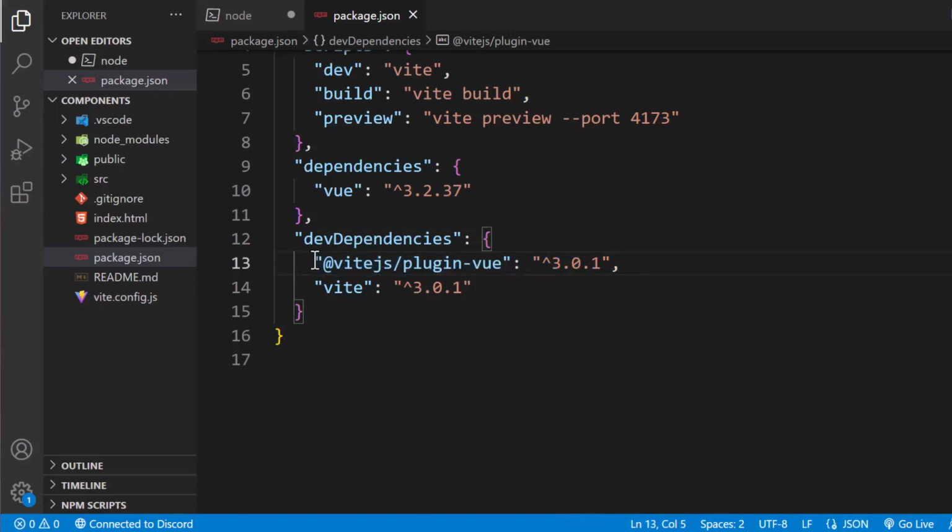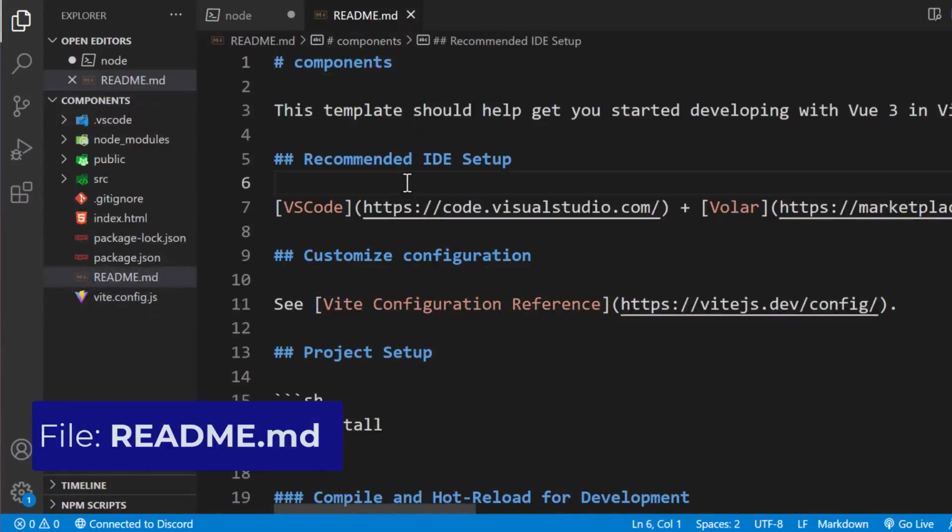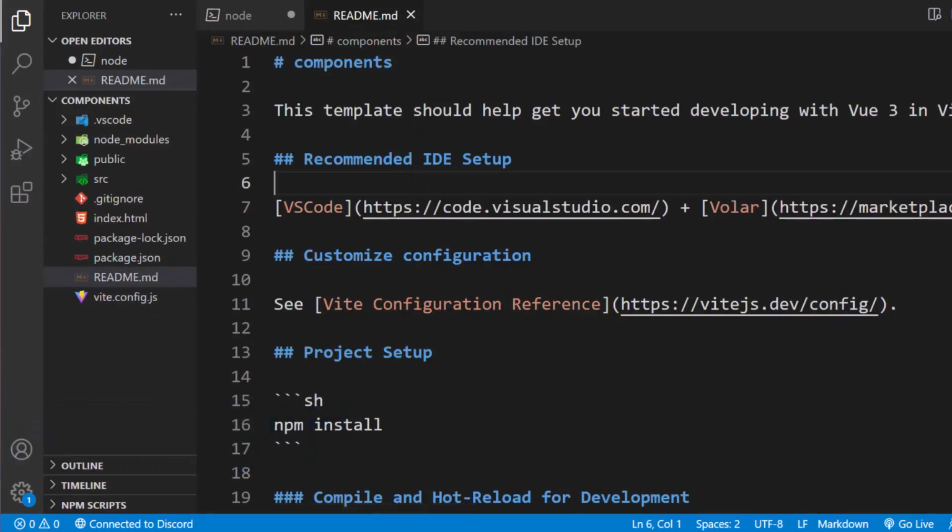Moving forward, we have the README file. The contents of the README file has information about how to run the project. Basic information to help you get up and running. There's even a link on how you can configure the project created for you. The topics covered in the documentation are things we'll go over as the course progresses. Lastly, we have the